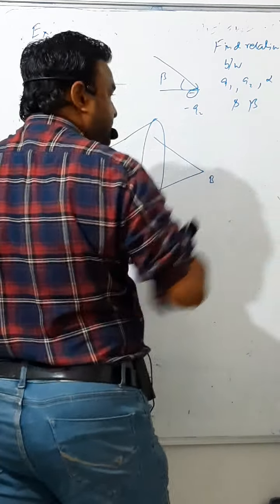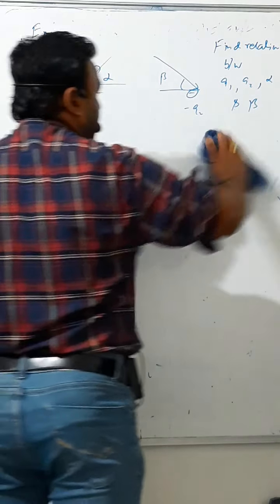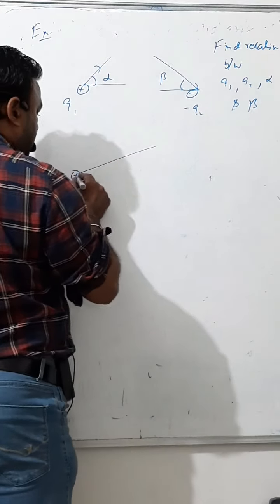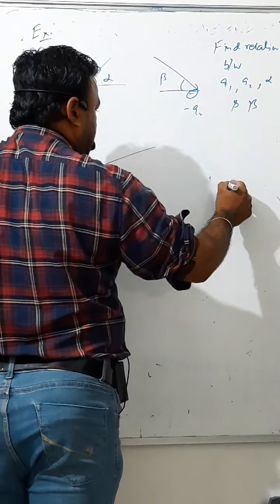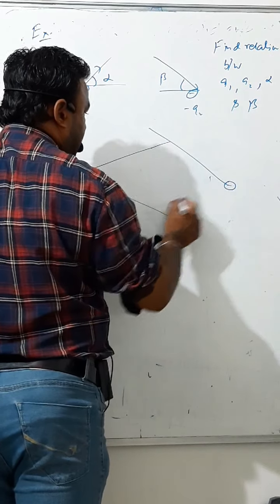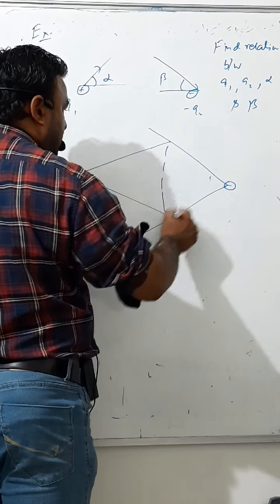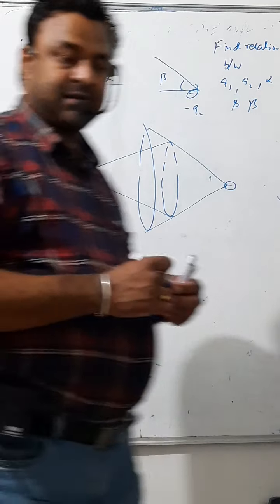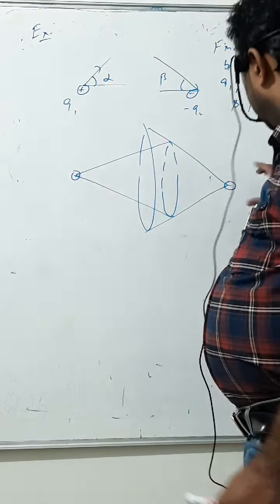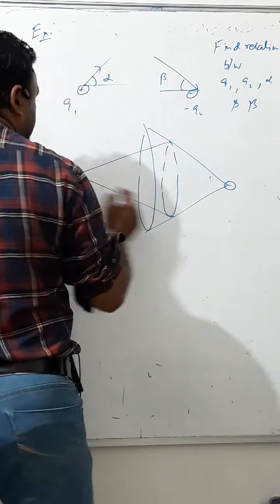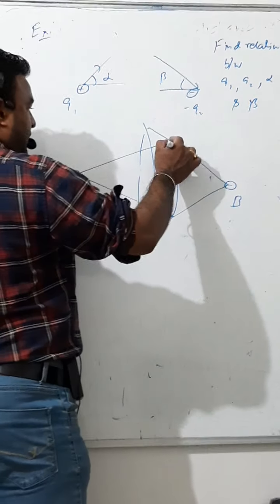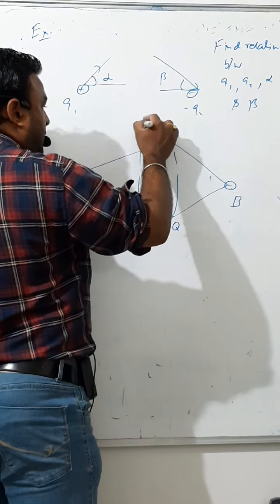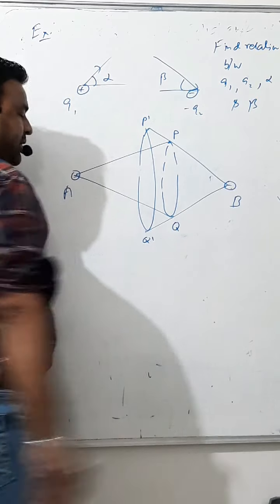Better I should say, I draw this one larger. This is the positive charge, with a smaller cone. These are not the midpoints of the cone, but it has a larger cone, and finally it has a smaller cone. But what does it mean? From this point A, this cone is A, B, Q. From B it is A, P dash, Q dash.